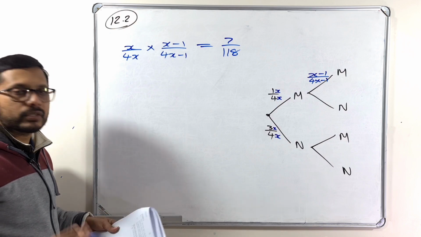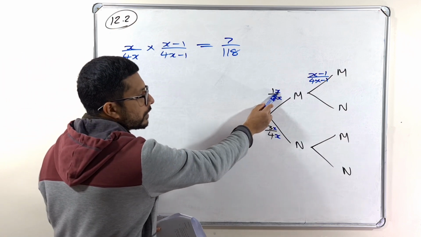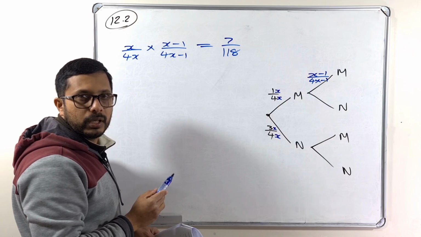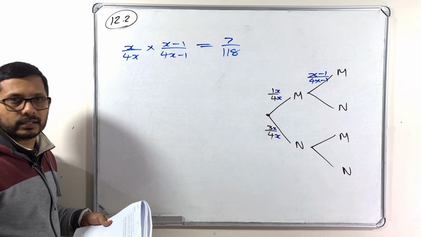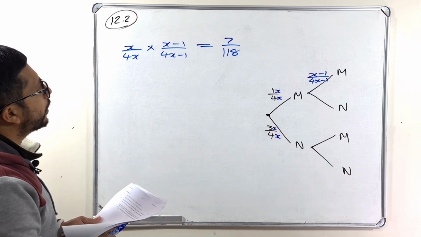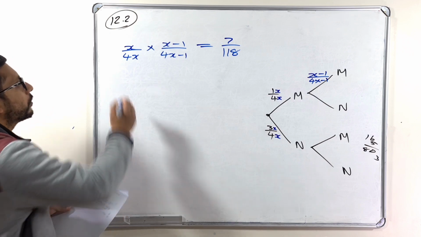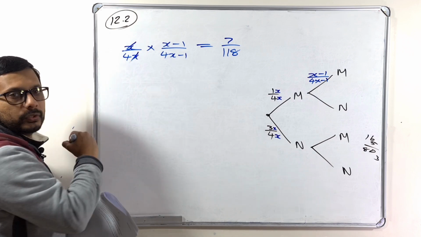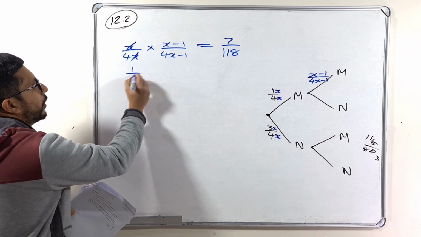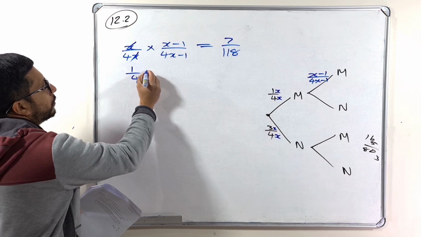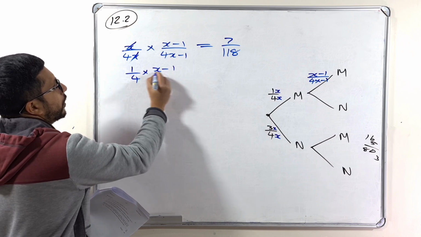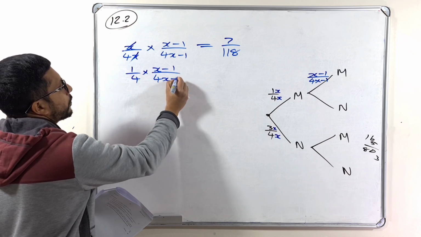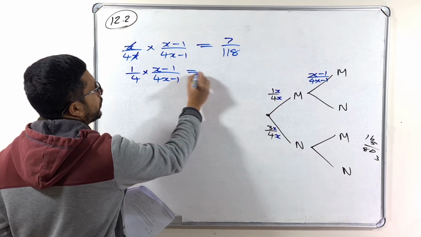With a mystery gift means we took x as the number of mystery boxes. That means you have to find the value of x. So we have to solve this one and find the value of x. Here you can see this x and x you can cancel. So it is 1 by 4 times x minus 1 divided by 4x minus 1 is equal to